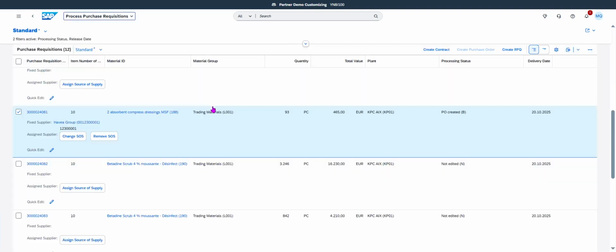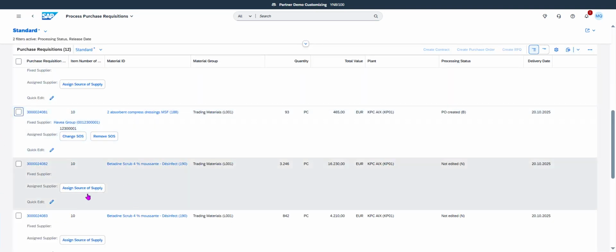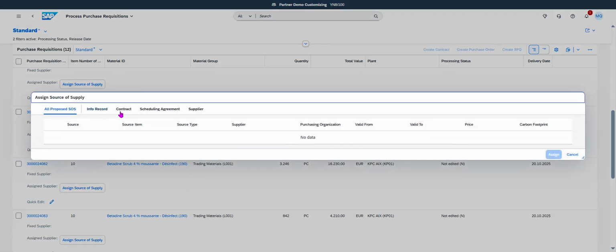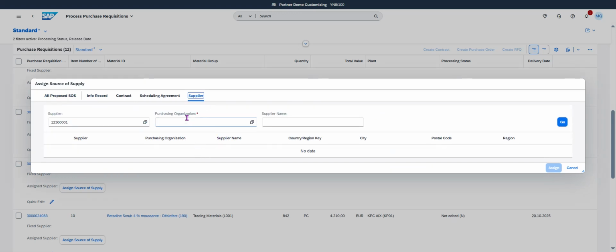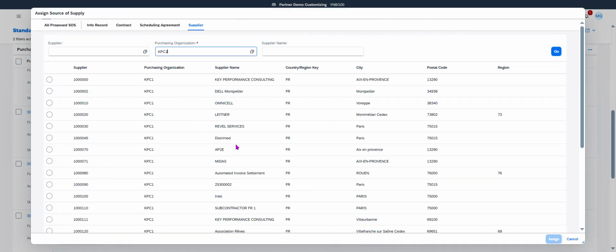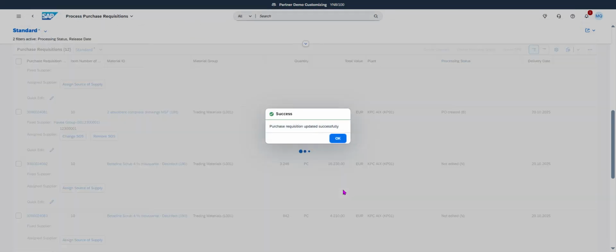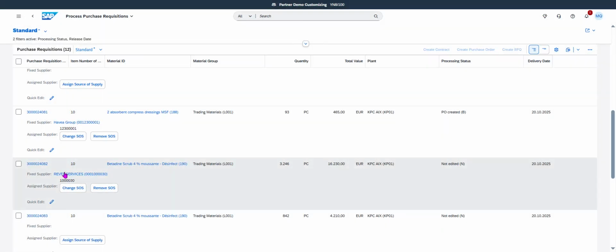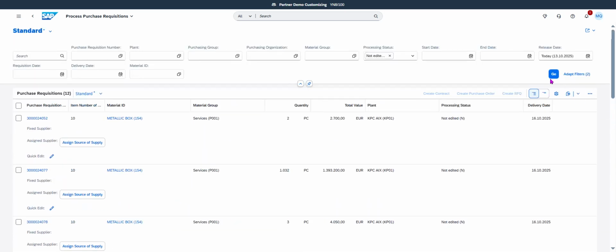The most important thing is to assign source of supply. Source of supply defines info record, contract, scheduling agreement, or a free supplier. It's not a good way to assign a supplier manually without sourcing, but you are able to do it. You just have to click on supplier and look for, if I want another supplier, for example, PPC1, I click on enter, I select another one, I click on assign, purchase requisition updated. I see that my purchase requisition is assigned to a supplier, and right now I'm able, so at this time I just have to click on go